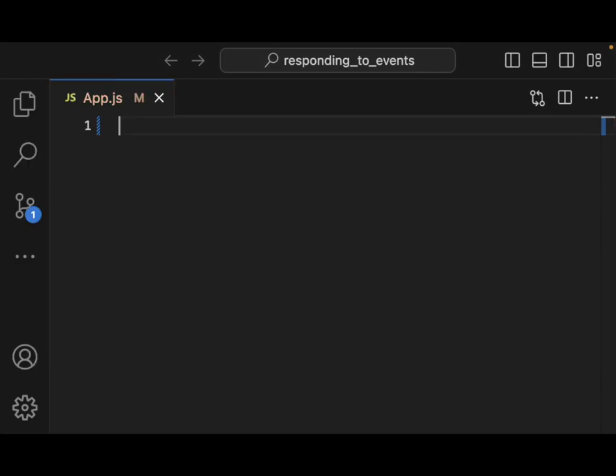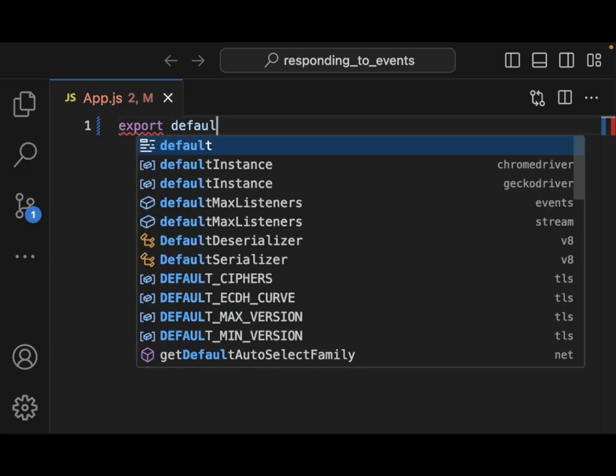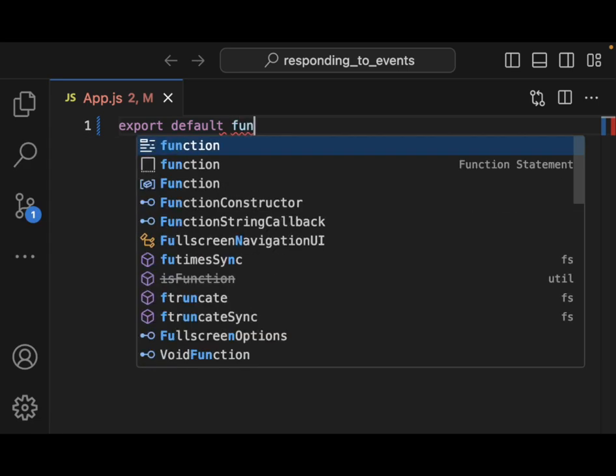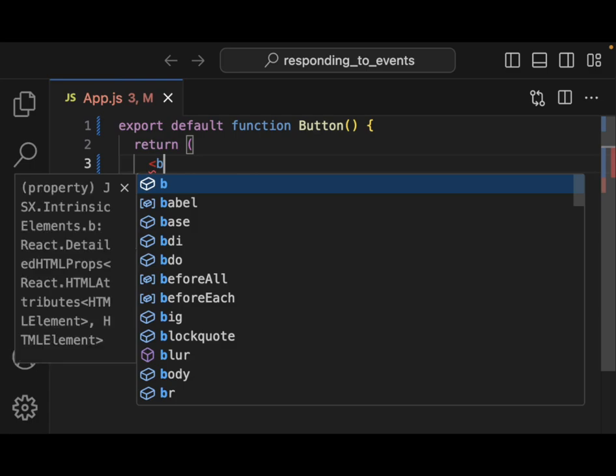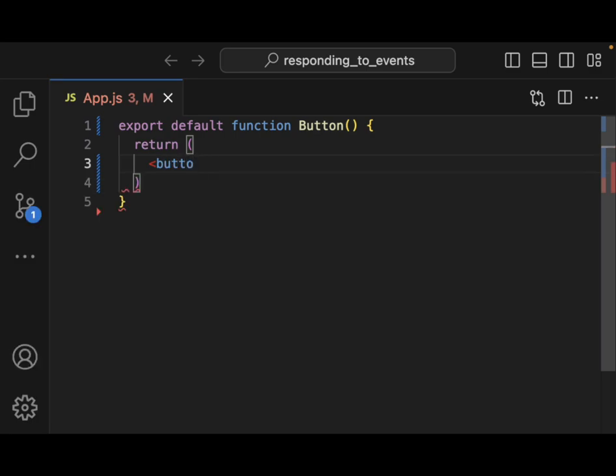So let's export a default function in here, and let's create a button. It's not going to take in anything, and it's going to return basically just a button. And this is just